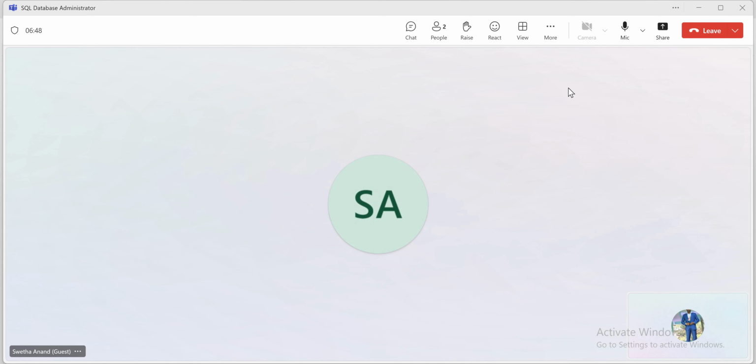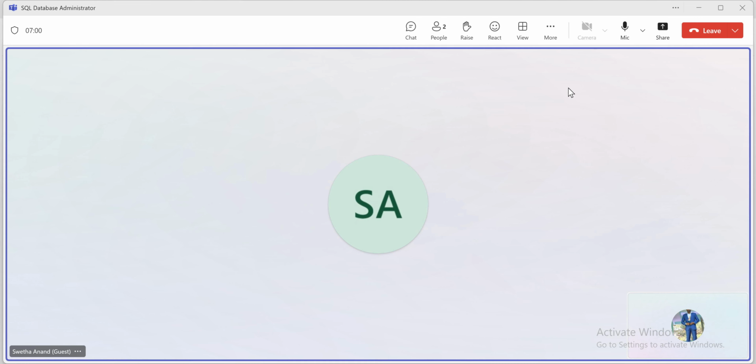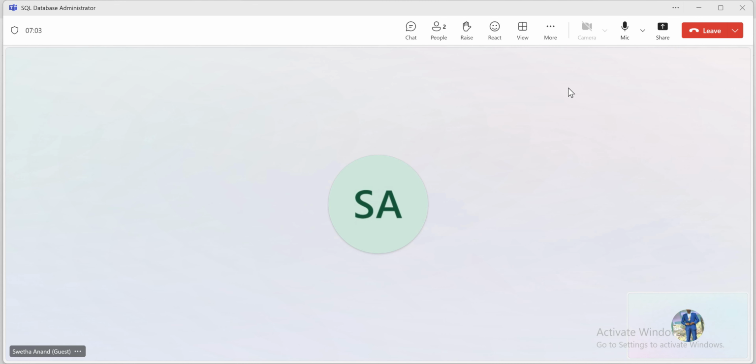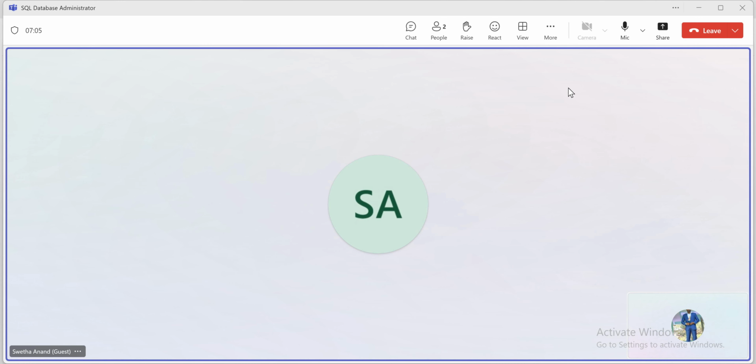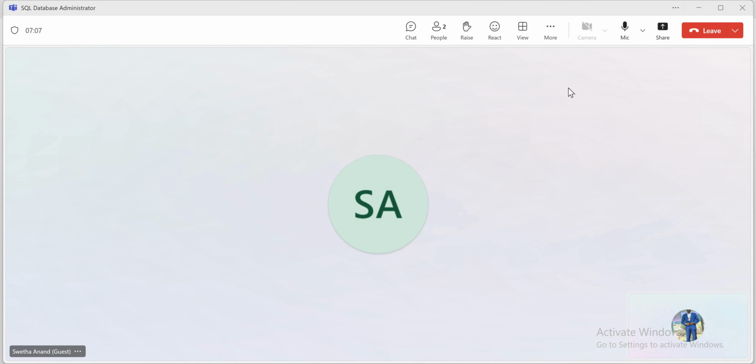after taking the permission backup, we have to restore the database with replace and with recovery. After doing the restore, we have to re-add the database to the Always On availability group. Before that, we have to delete this database from all the secondary replicas. After that, we have to re-add the database to the Always On availability group, and in the process of that,